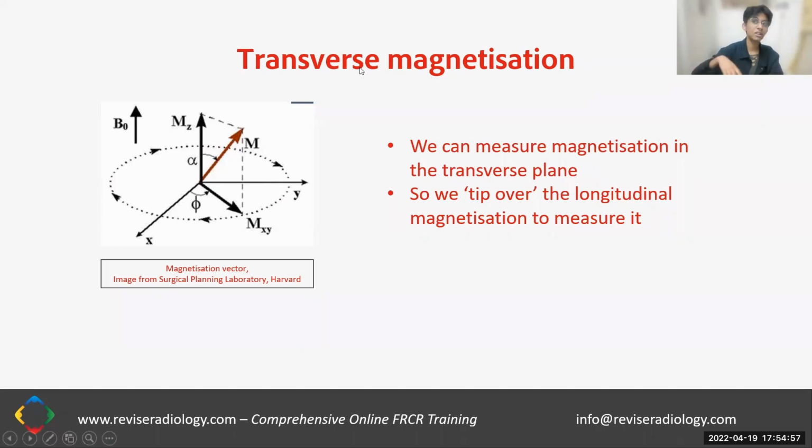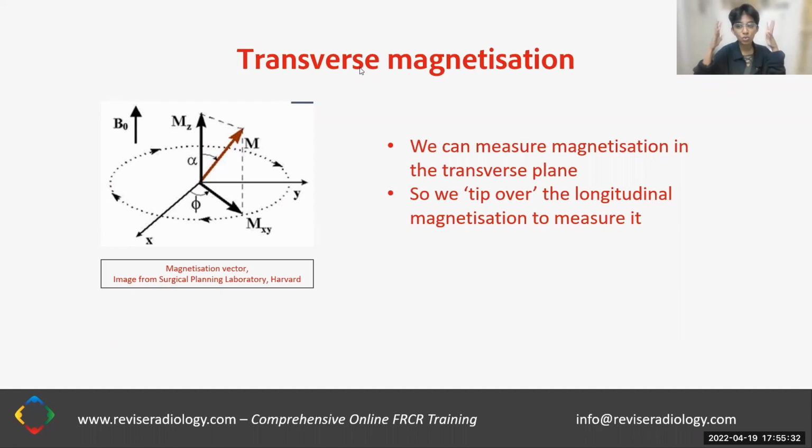The problem is the field in one direction is very strong, so we can't measure the magnetization in that direction. So the answer is simple. We change the direction of the magnetization to another direction in which we can measure. And this direction is the transverse plane. The transverse plane just means the plane which is at 90 degrees. If you have your magnetization in this direction, the entire area which is perpendicular or at 90 degrees to that is known as a transverse plane. So our objective now